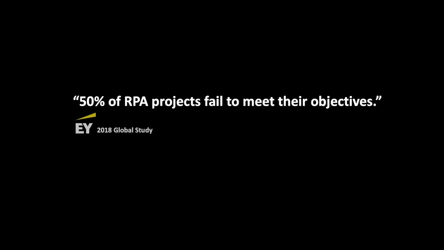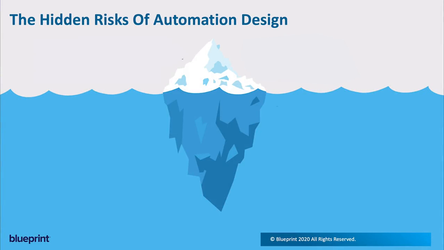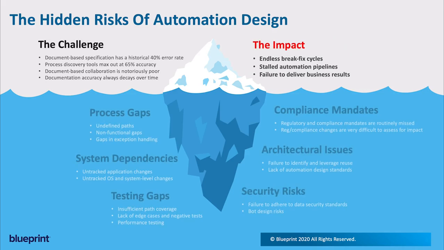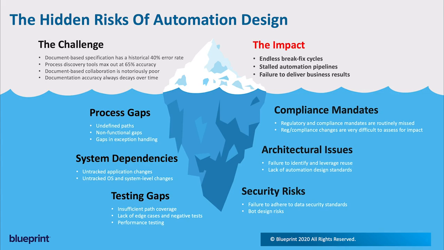The stark reality is that over 50% of RPA projects fail to meet their objectives. The primary cause of this is the poor automation design that comes from using document-based workflows. Using documents leads to gaps in process understanding, failure to identify dependencies, and missed compliance mandates, among other issues. The result is an endless cycle of break fixes, stalled automation pipelines, and the failure to achieve the desired business